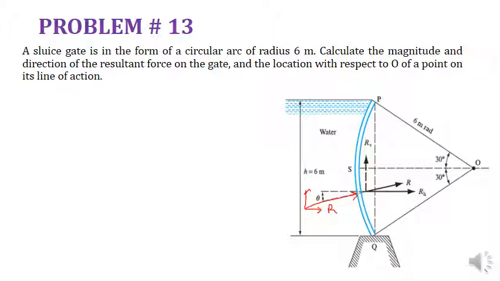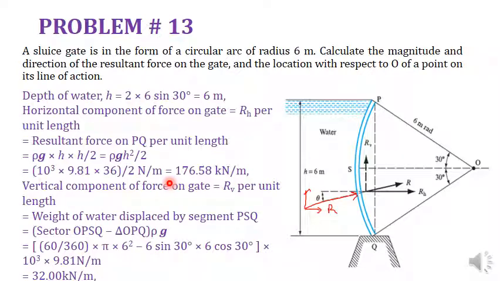Okay, and this angle is equal to 30 degrees for this arc. Okay, it is also given. So now what we can do, we can just start with the solution, and then one by one you will get an understanding of it.